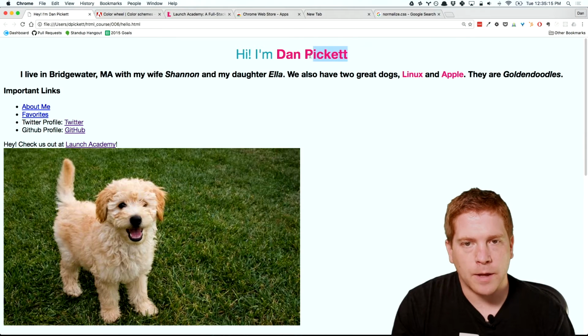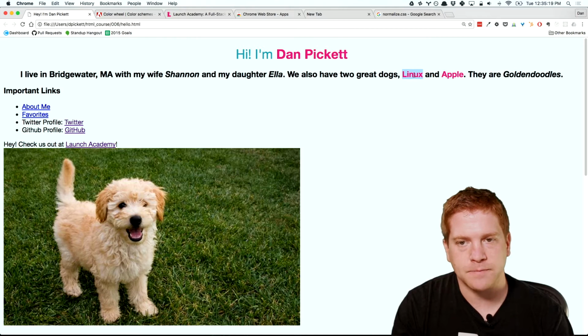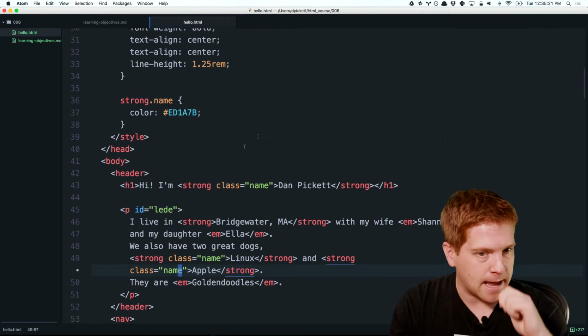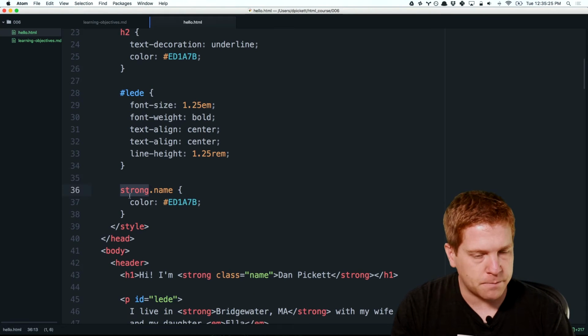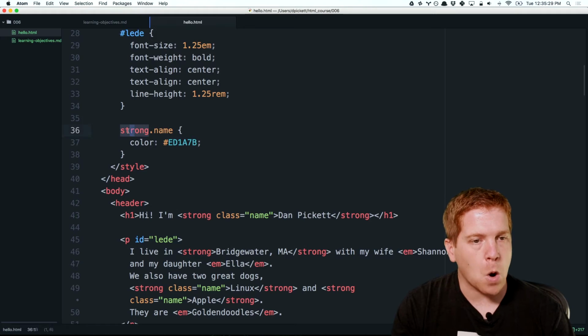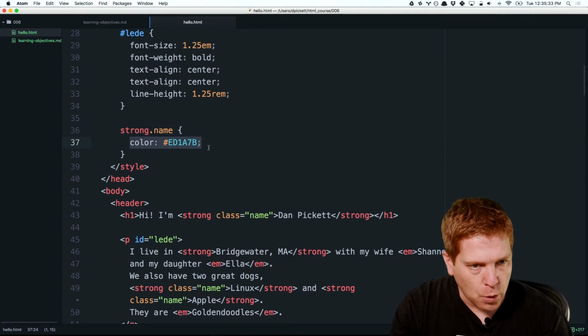So not only now is my name pink, but now my two dogs' name is pink as well, because I used a class-based selector prefixed by a strong tag to basically say for all strongs with class name, I want the following color to be